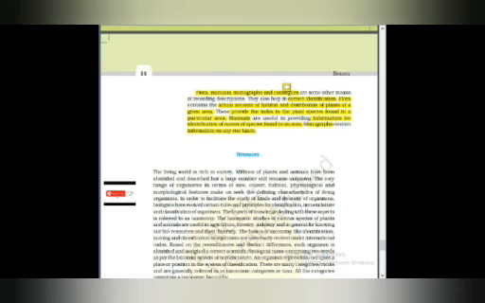Flora contains the actual account of habitat and distribution of plants of a given area. These provide the index to the plant species found in a particular area. Now, what are the manuals? Manuals are useful in providing information for identification of names of species found in an area, and monographs contain information on any one taxon. Here we have the catalog. The definition of catalog is basically a list that enumerates methodically all the species found in an area with brief description aiding identification. This is the definition of catalog.